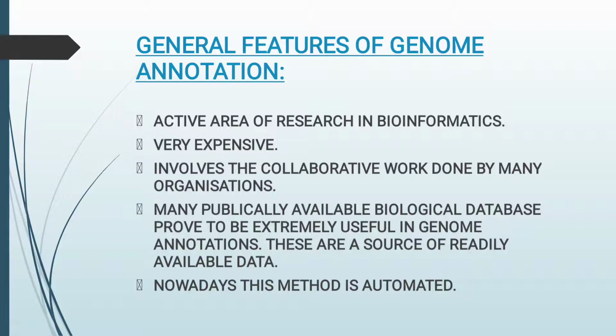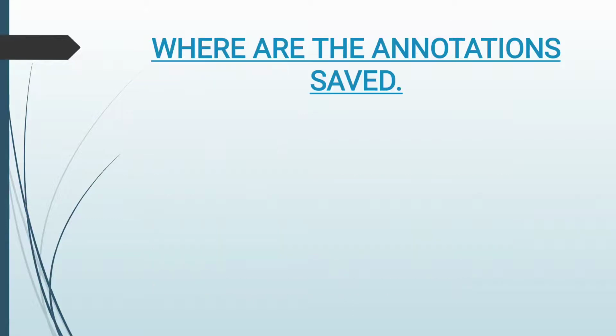But if we talk 50 years back, this work was not automated. It used to be done manually, like finding of the AUG region was done manually. Humans used to find out these regions, but now everything is computerized, everything is put in a software program, and things are calculated on the basis of that.